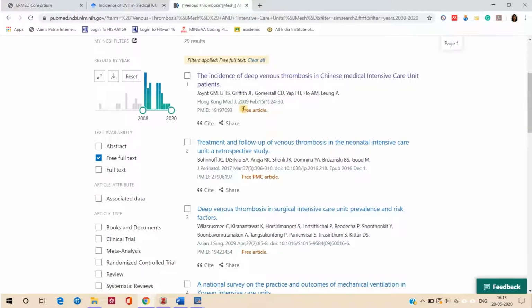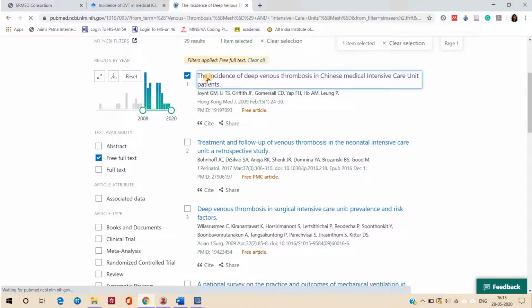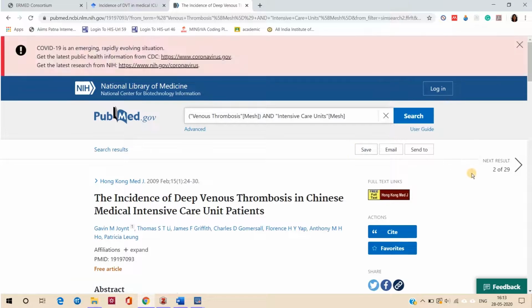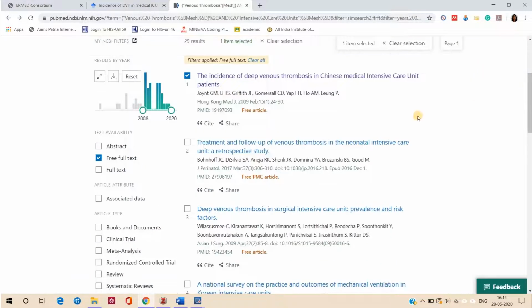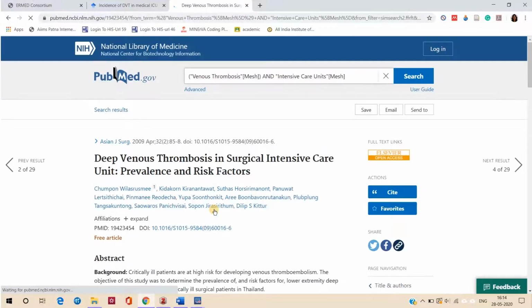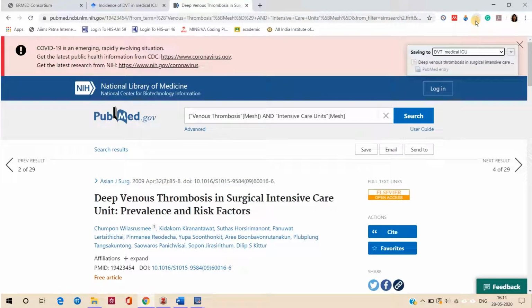So if I want to select this article, open this and then click on this Zotero. If I want to save another article, then click on this article and save this article.